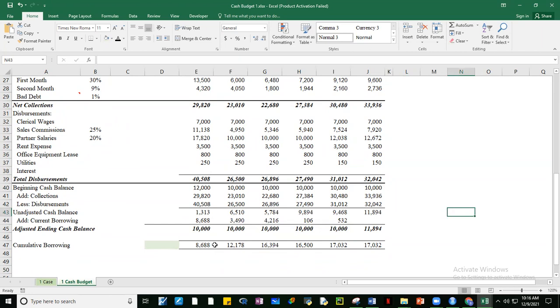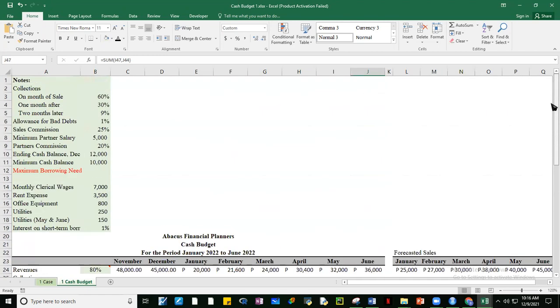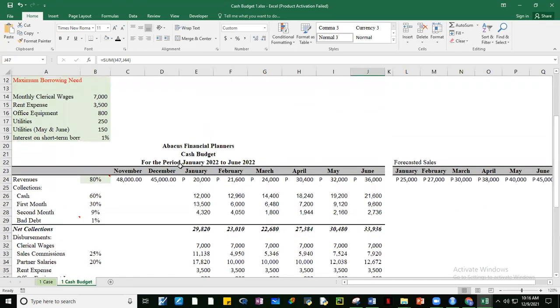Tapos yung minimum borrowing natin, so padagdag siya ng padagdag, ang total niya 17, yung pinakamalaki so far. Okay, that's the case when yung worst case scenario na 80% lang ang sales, no? Okay, let me backtrack a bit, gawin ko ulit 100%, no?